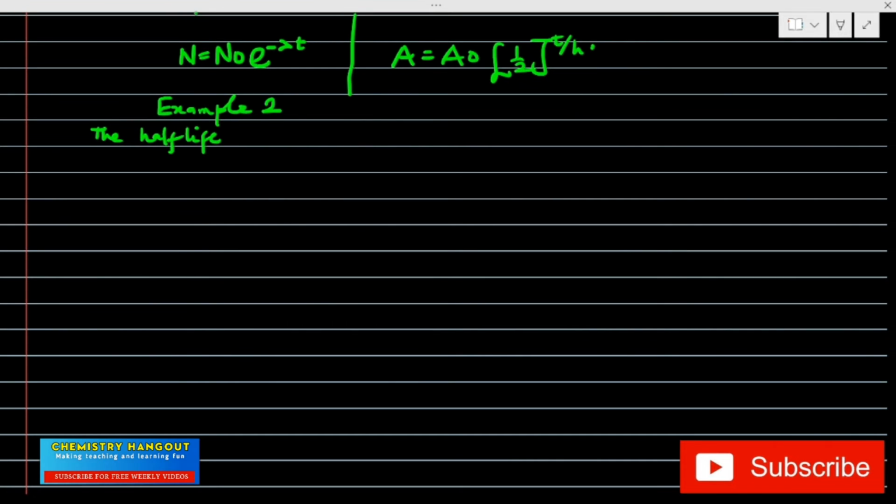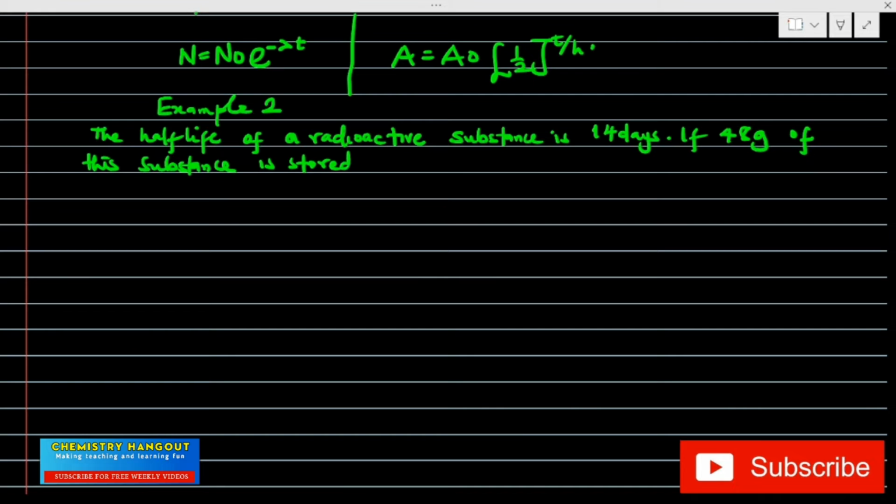They said the half-life of a radioactive substance is 14 days. If 48 grams of this substance is stored, after how many days